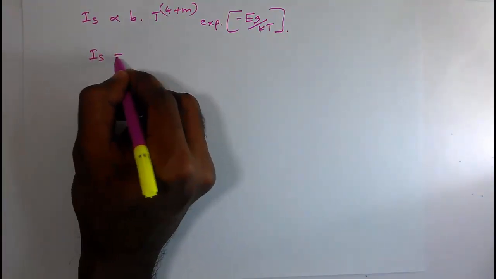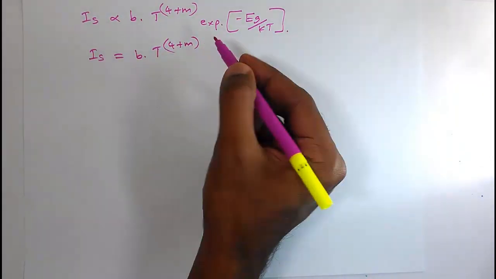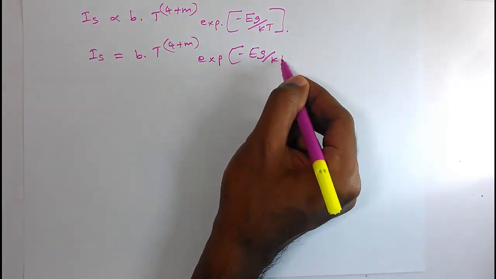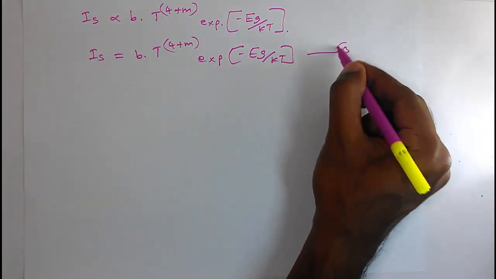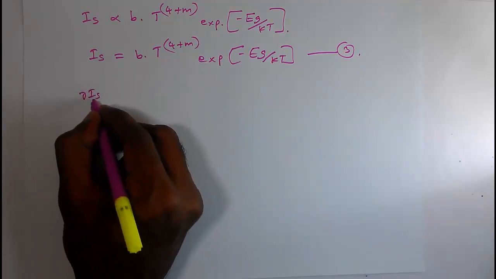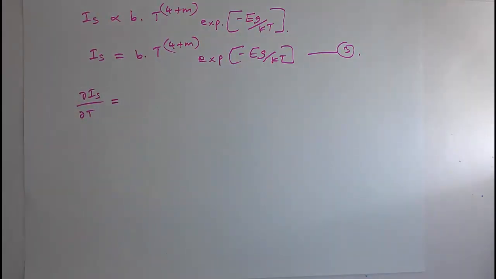So I am writing Is is equal to B into T to the power 4 plus m, exponential of minus Eg by kT. So I am modifying this equation 3. So now we have to find dou Is by dou T, that is how Is is changing with temperature. So dou Is by dou T is equal to,